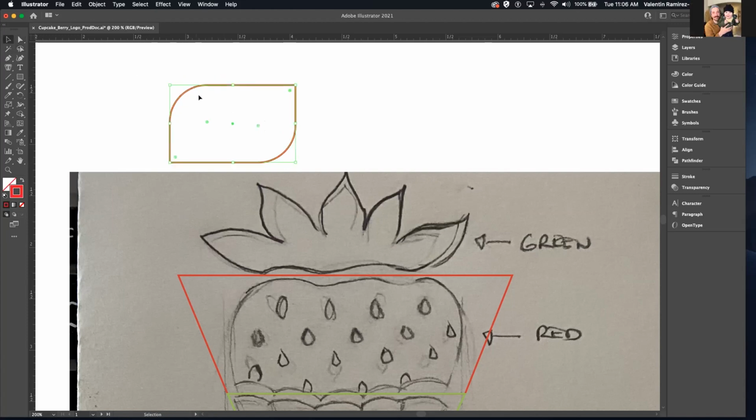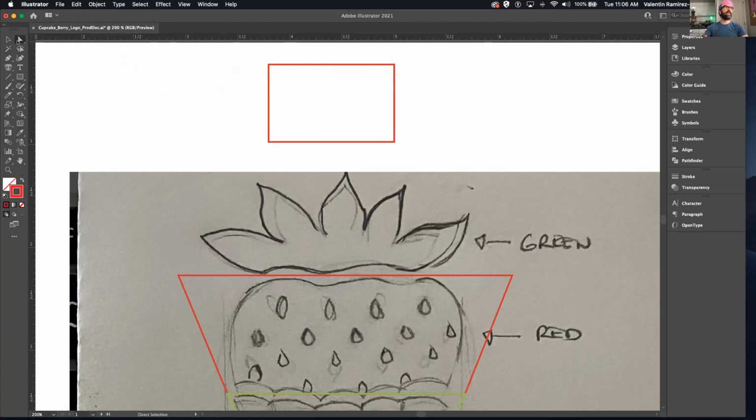Yeah, cool. Also, what about angling the rectangle? Okay, it's a really similar concept. If you have a box and you hold shift, it will increase its size proportionately. If you're not holding shift, it's like a free transform. With the direct selection tool, you click on this corner and I'm just going to move that corner. If you see, I'm not holding shift, so it doesn't go straight. But if I click on this anchor point, hold shift and start bringing it in,